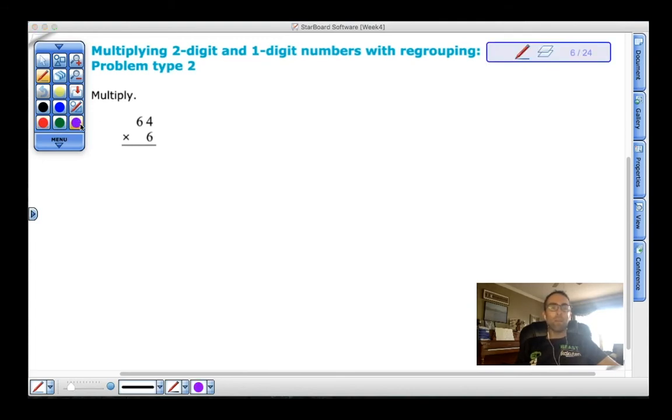And we're back. Let's start with the 4 times 6. 4 times 6 is 24. I'm then going to put the 4 underneath on the bottom here, and I'm going to carry the 2 up to the top. Next we have 6 times 6, and 6 times 6 I get an answer of 36, but I have to add the 2 that I had before, and when I do that, 6 and 2, I have 8. 3 comes down, so I have 38, so I can put that 8 over here, and 3,